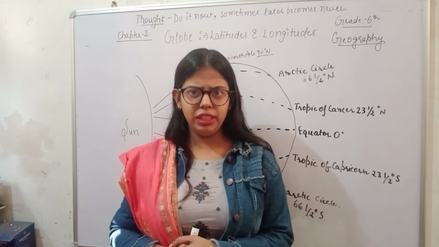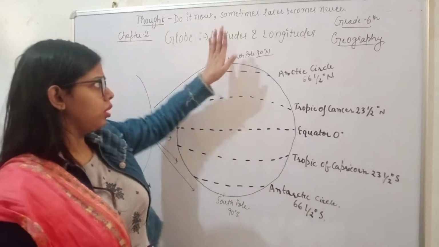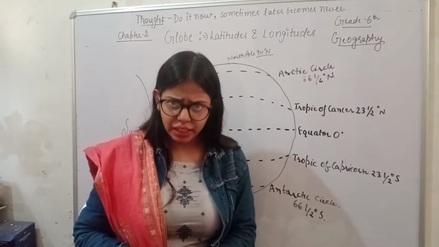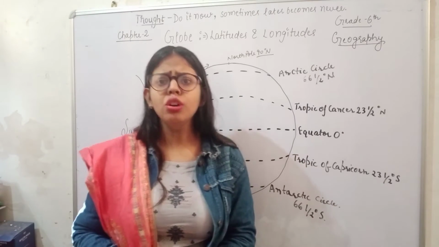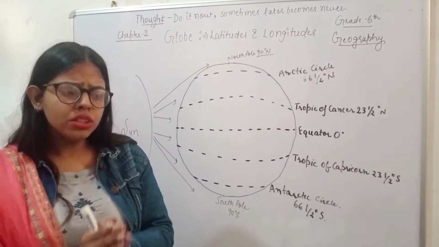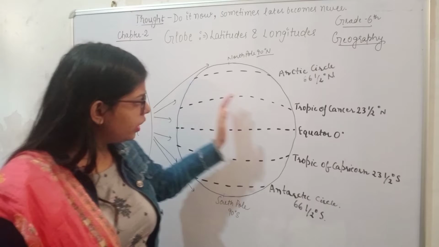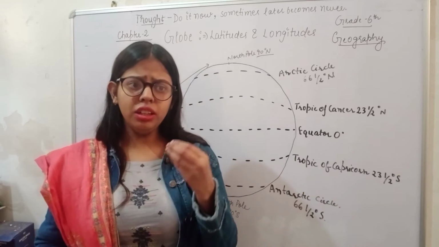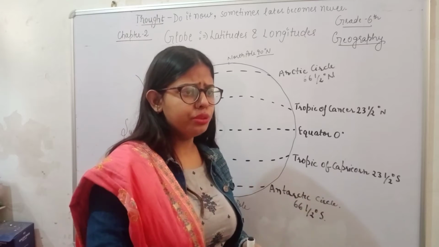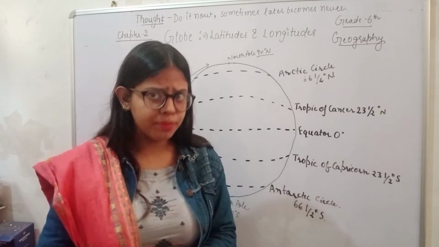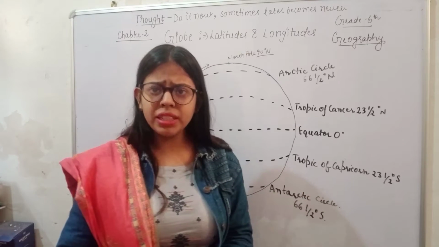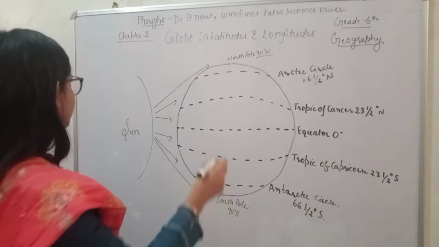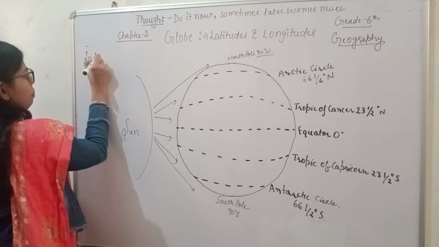So firstly let's come to these two words, latitudes and longitudes. What are they basically? If you observe the globe, we have drawn some imaginary lines which are known as latitudes and longitudes. Now what is the difference between them? Latitudes are basically horizontal imaginary lines. Latitudes and longitudes both are